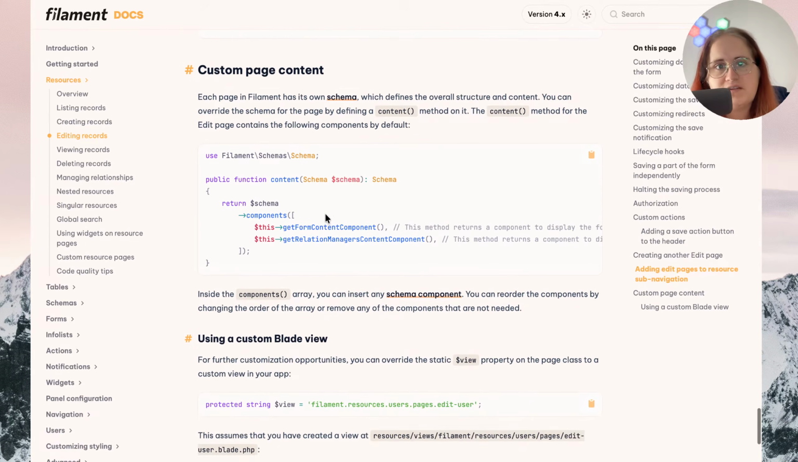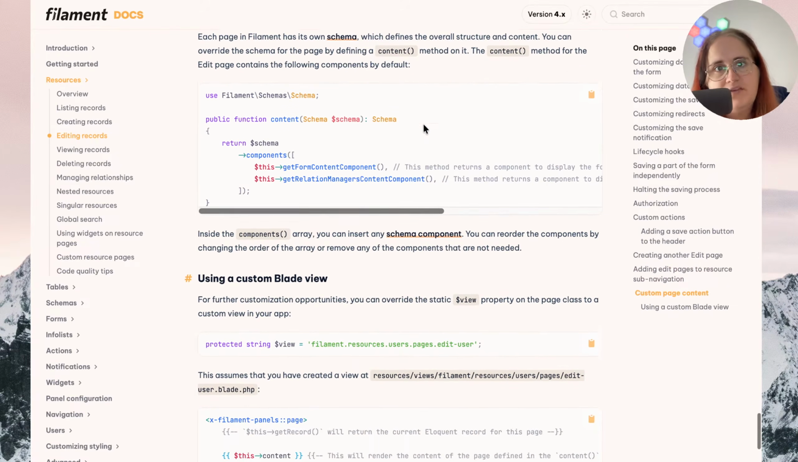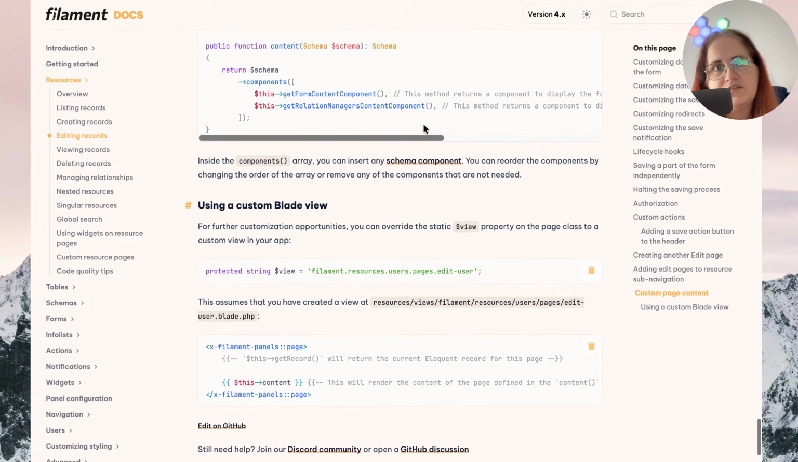Custom page content. Each page in Filament has its own schema which defines the overall structure and content. You can override the schema for the page by defining a content method on it. The content method for the edit page contains the following components by default. Use Filament\Schemas\Schema, public function content, Schema,